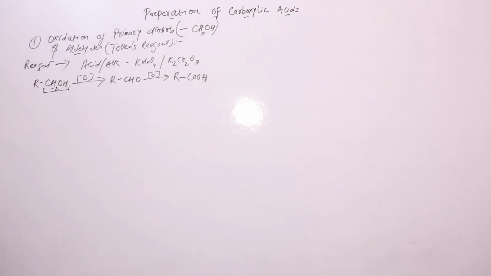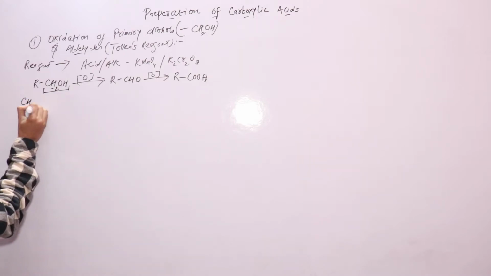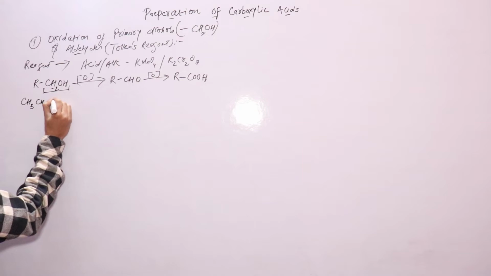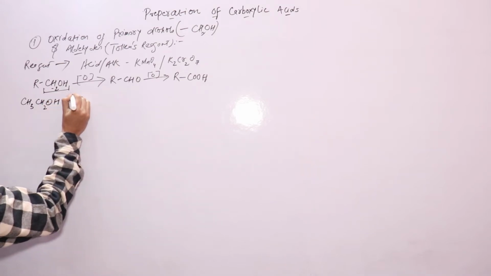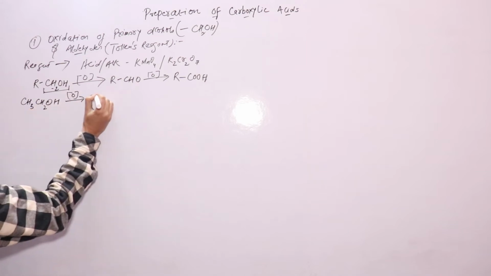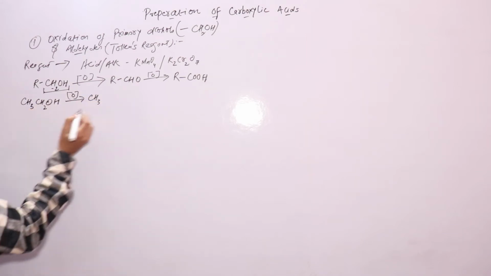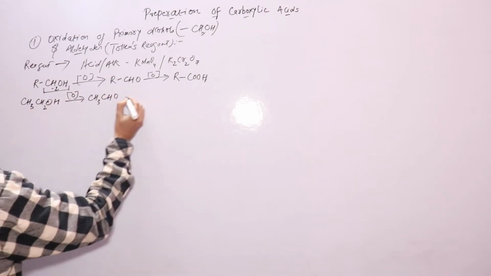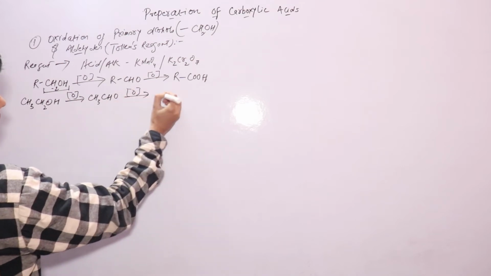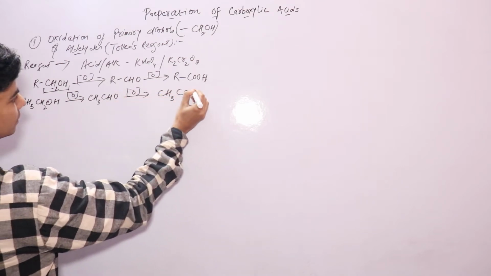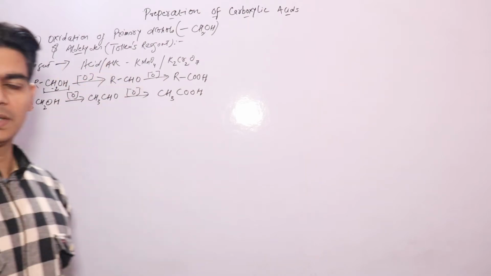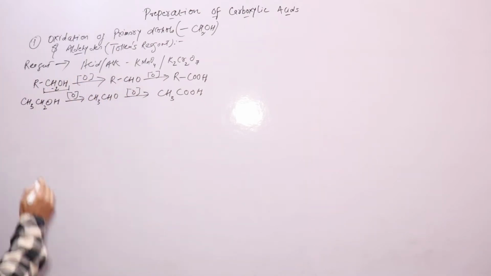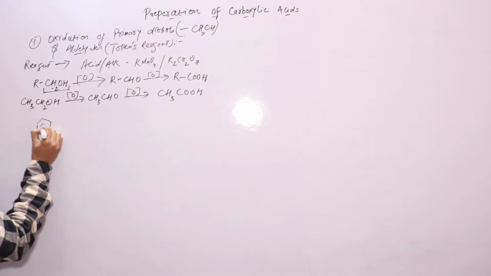So let's take an example of CH3CH2OH. Here first hydrogen will get removed and it will form acetaldehyde. This acetaldehyde will further oxidize to acetic acid in the presence of this reagent, alkaline or acidified KMnO4 or potassium dichromate. Similarly, if you want to prepare benzoic acid,